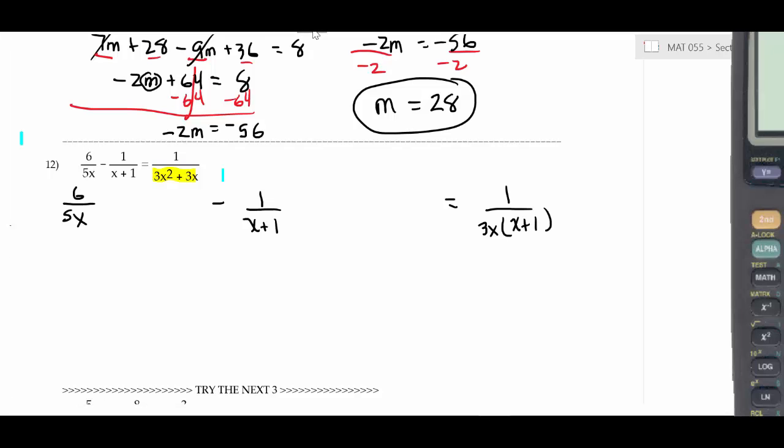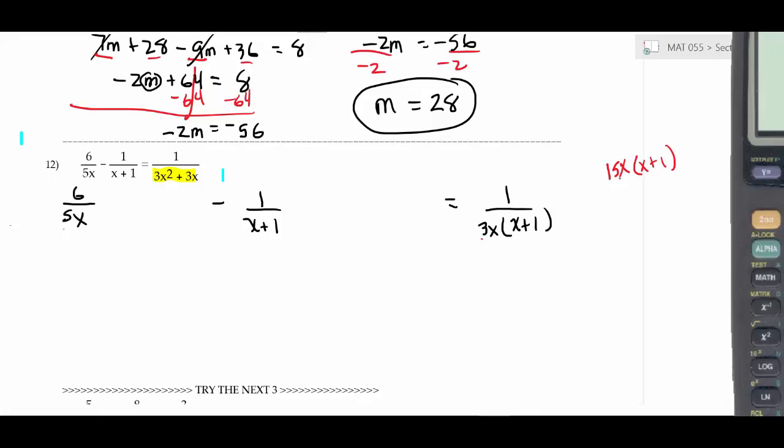Okay, so let's identify what we're trying to get rid of. One thing we're trying to get rid of is an x plus 1. The only way to get rid of an x plus 1 is to multiply by x plus 1. What else are you trying to get rid of? A 3 and a 5. What's the common denominator of 3 and 5? 15. Okay, and you're also trying to get rid of an x. The only way to get rid of an x is to multiply by x. So if you multiply everything by 15x, x plus 1, you're going to get rid of